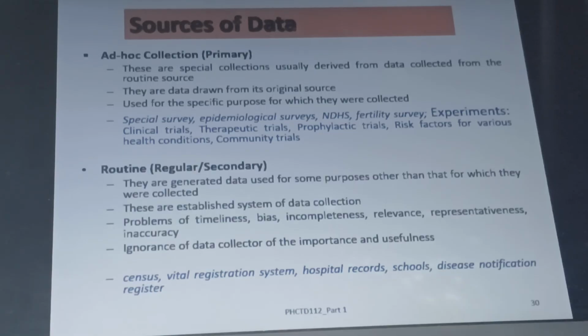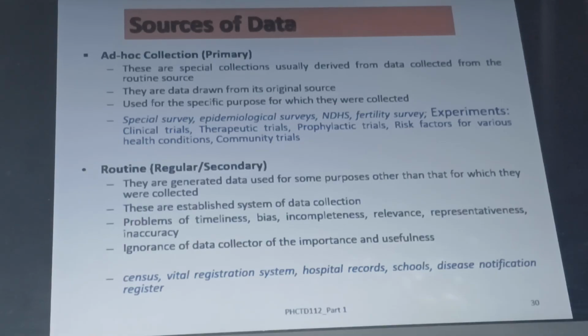Primary source of data, these are special collections usually derived from data collected from the routine source. It is just like data that is drawn from its original source. They are used for the specific purpose for which they were collected. Examples of primary data are special surveys, epidemiological surveys, the Nigeria Demographic Health Surveys. We have fertility survey, also experiments in terms of clinical trials, therapeutical trials, prophylactic trials, risk factors for various health